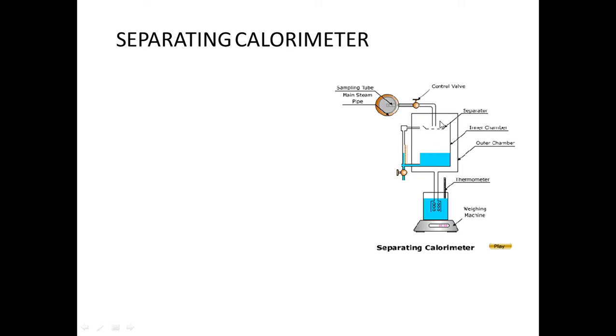While the steam, which can flow in any direction, comes out and comes down, we can collect that steam. We can make the steam into water by passing it through a condenser. You can have a condenser here which will condense that steam and convert it into water, and we can measure the mass of that steam. So here you get the mass of steam and here you get the mass of water present in the mixture. If you know both, you can find out the dryness fraction of the steam.